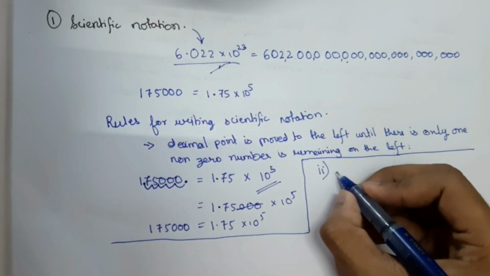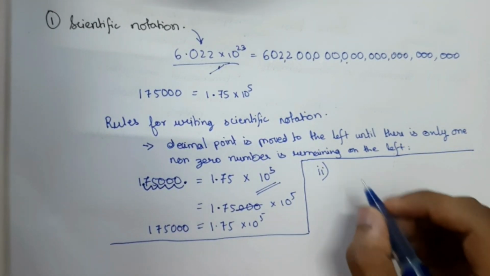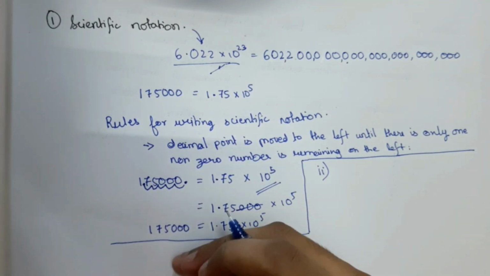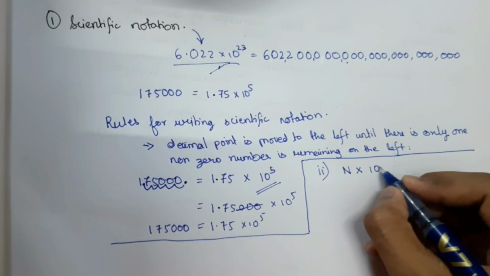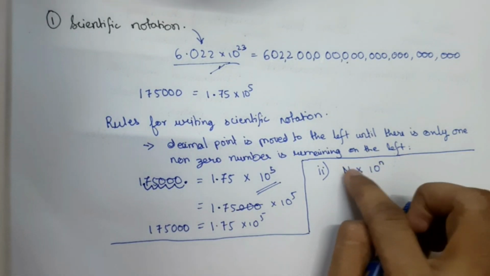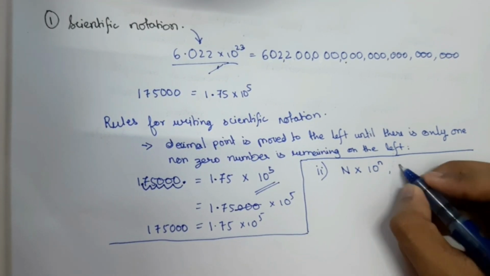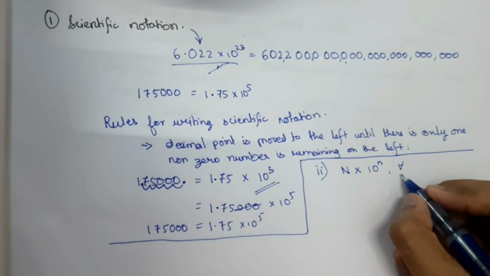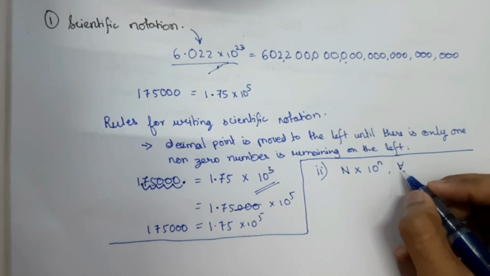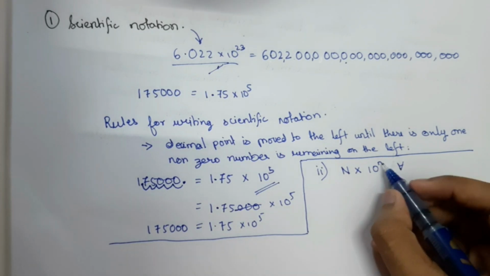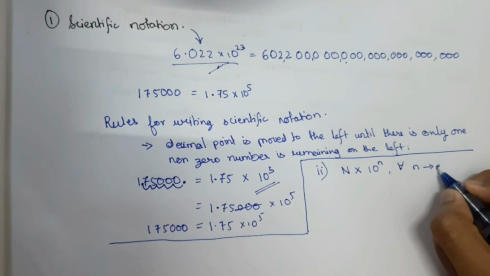Okay, on to the second rule. The general representation of a number in scientific notation should be N times 10 raised to small n. In this general representation, the upside down A means "where". So the small letter n is an exponent